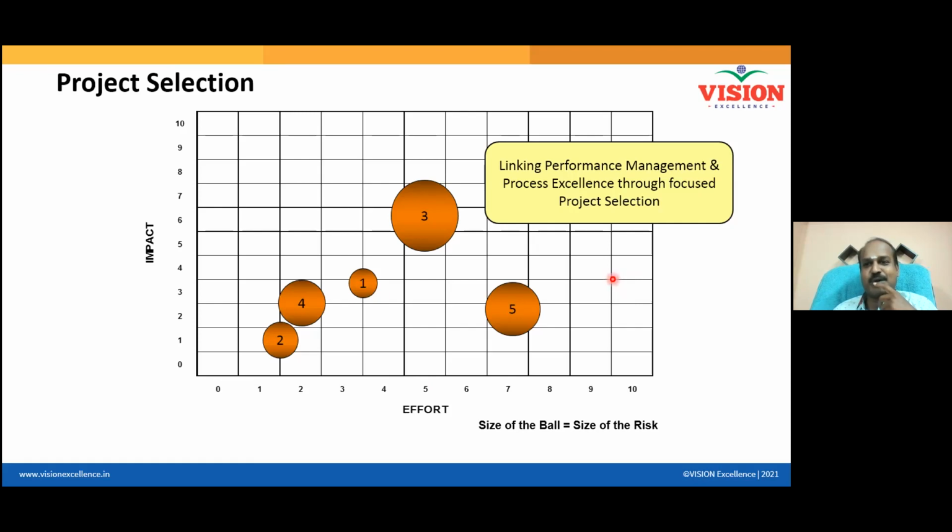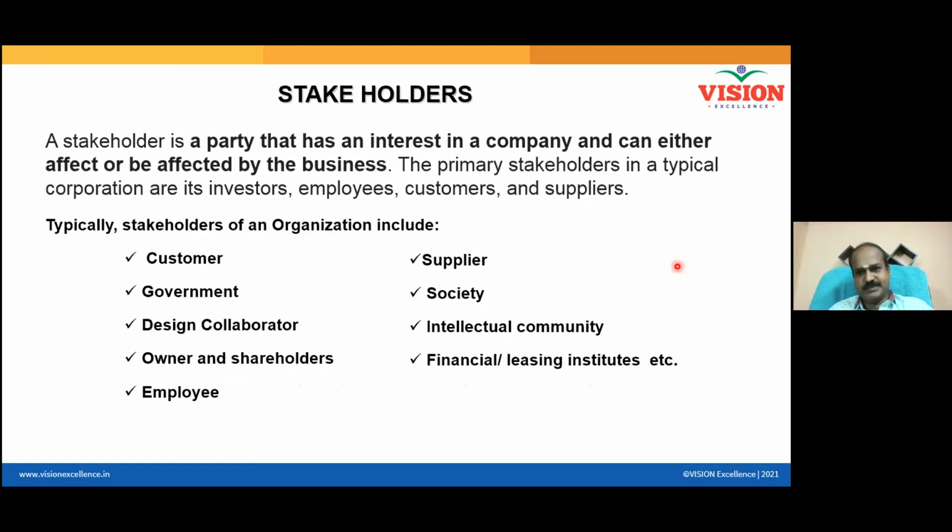Now, which project comes with more risk? 3. And now you have to make a wise choice. There is a risk, there is an impact, and there is an effort component. And now tell me which could be the best option. 2 and 4. 1. 4 and 4 and 1. Very good. So this is how it works. If you present all these things, the project sponsor will be able to take a wise decision. Am I correct? Yes. All right. Though it looks complex, it actually is complex. So these formats will be shared and then you can do it. So now we got some idea.